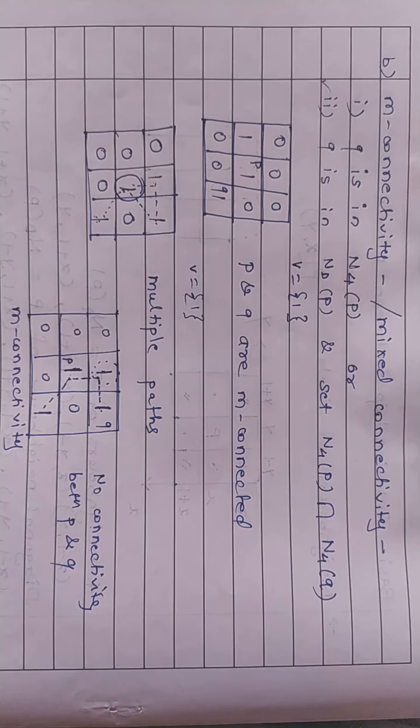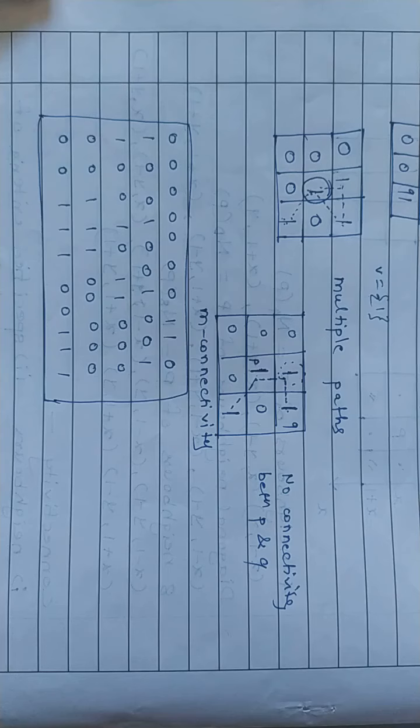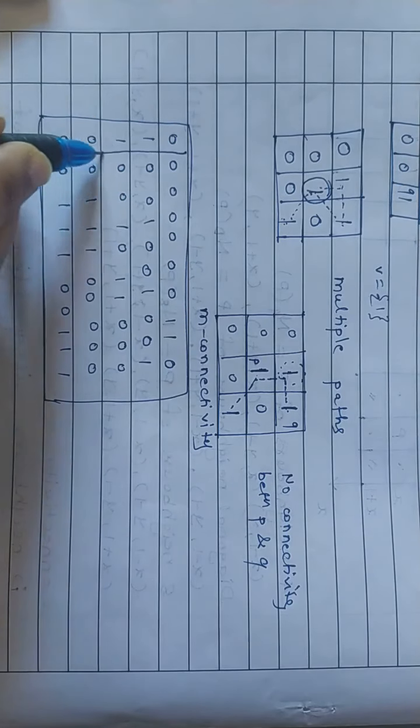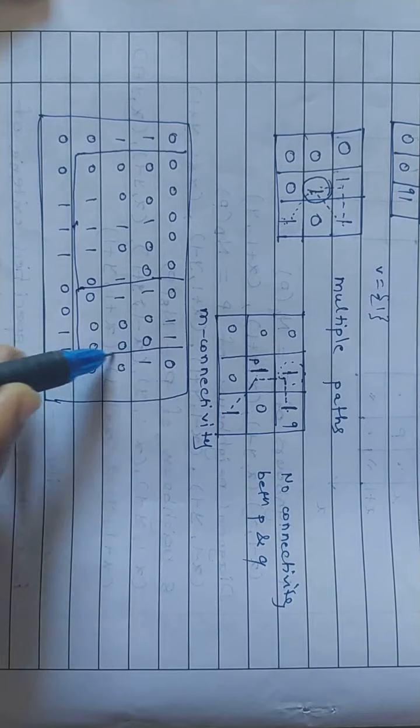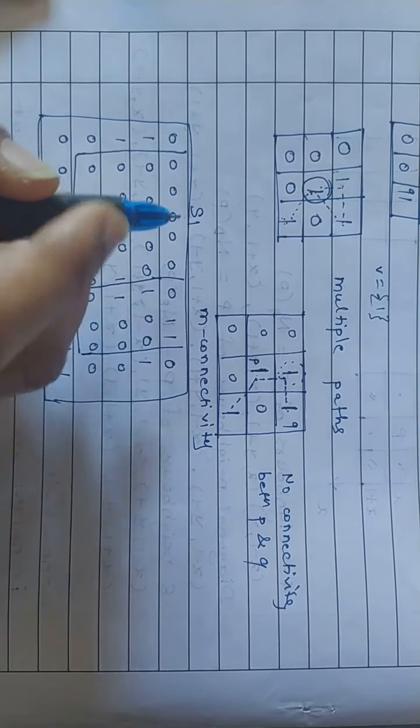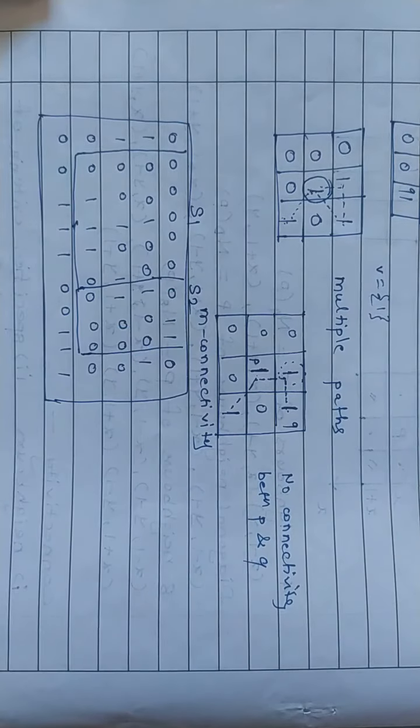Similarly, if there are two image subsets S1 and S2, those image subsets are also considered for connectivity if some pixels in S1 are adjacent to some pixels in S2. For that, let's consider one whole image like this. So this is our whole image. In this image we'll consider two image subsets like this. So these are the two image subsets. Let's consider this as subset S1 and this as subset S2.